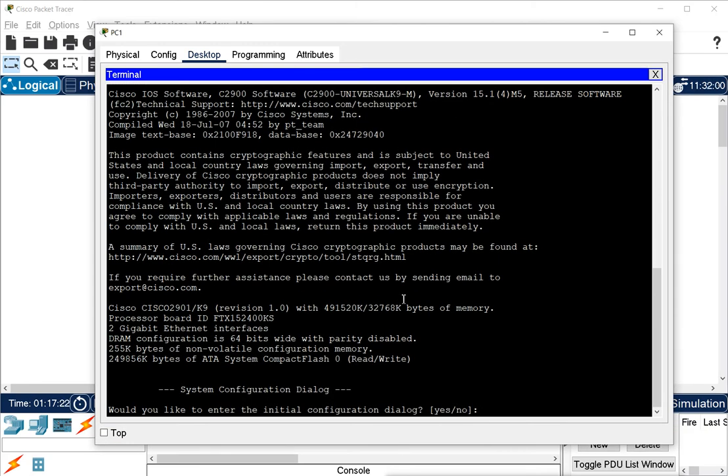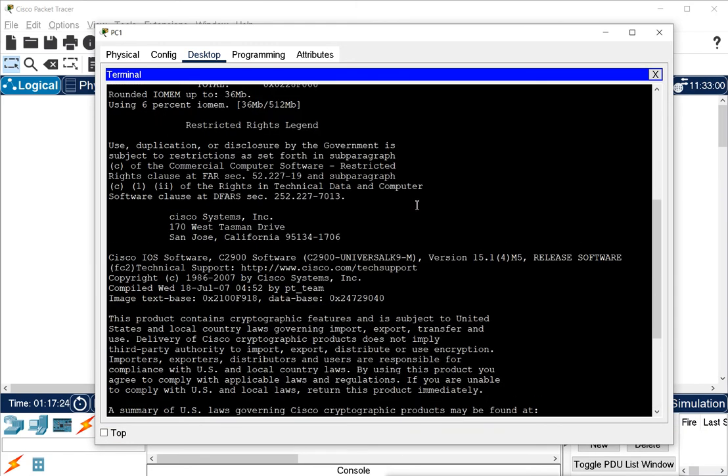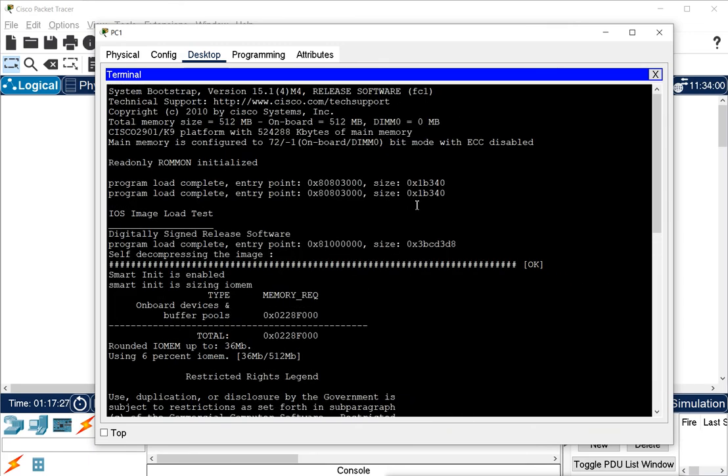Now what this is showing here is the boot process of our router, how the router boots. Now remember what happens when we start the router the first time. So first time when the router starts, what does it do? It does the POST, the power on self test. And after the power on self test, that means it tests all its own resources and devices available, and if everything is okay, then the bootstrap program starts.